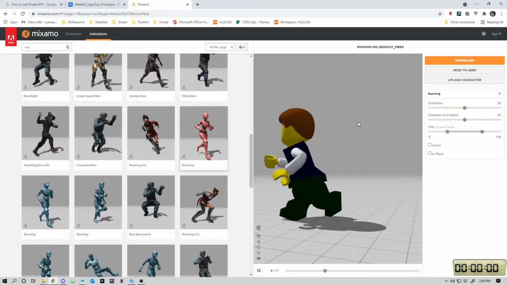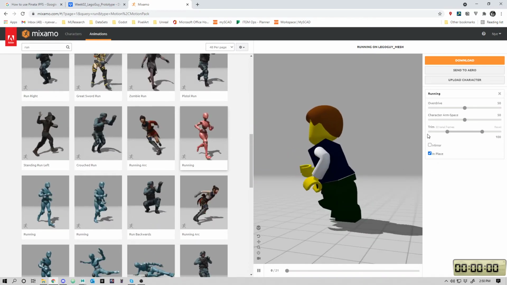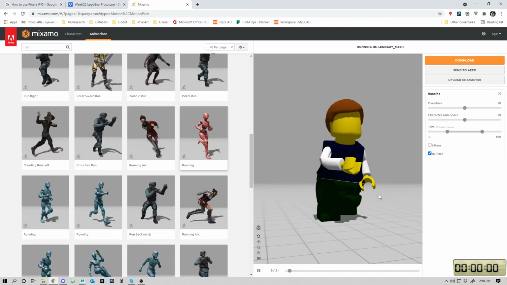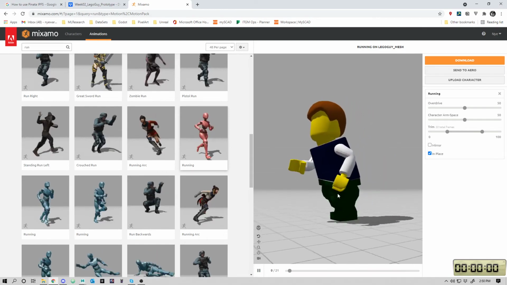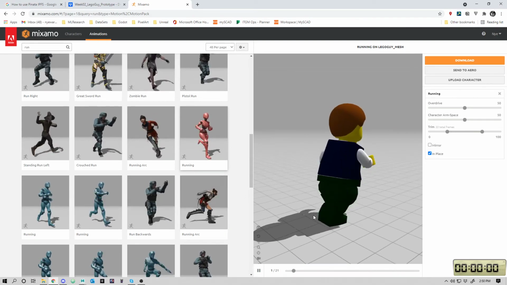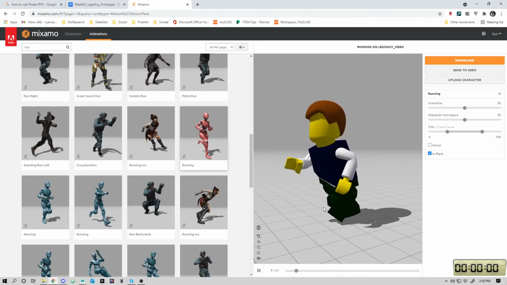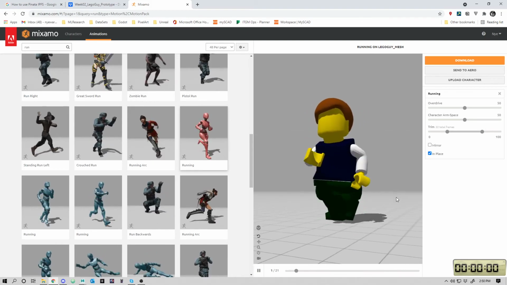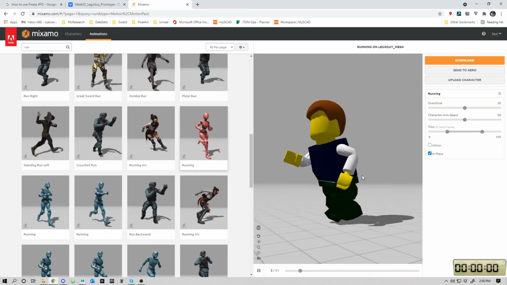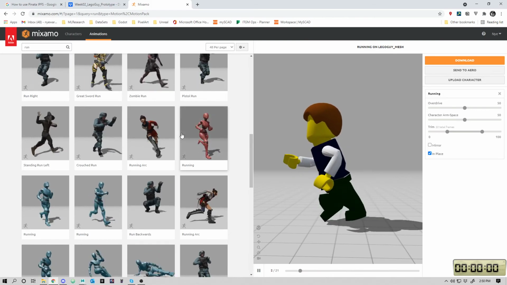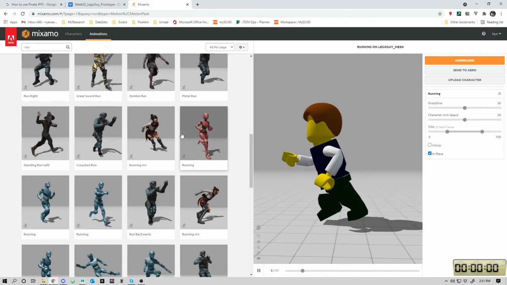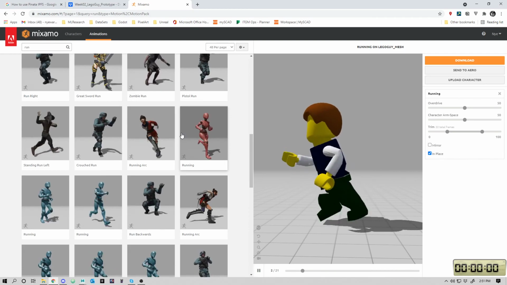This is better. In place. We're going to clean a lot of this up, right? It's so smushy. He just looks like a guy in a fat suit, but eventually he will be a little bit more Lego-y. Anyway, so find yourself an idle, find yourself a run, download those guys,